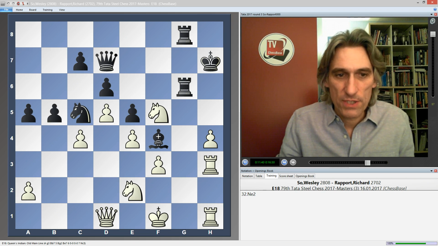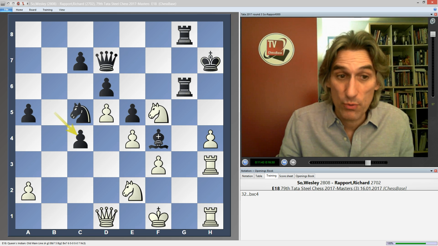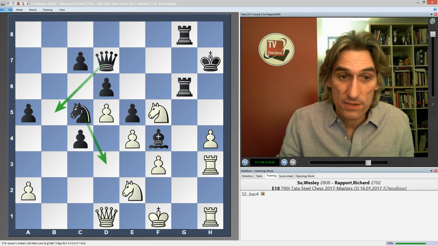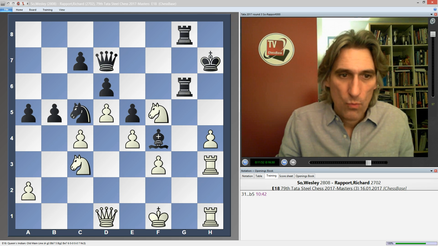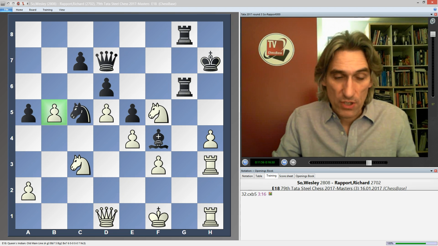What about bringing the knight back to e2 anyway? Well, you just take here, and that's a very pleasant pawn. The queen can come into the game. The knight will come into d3. Black stands very well. Wesley took the pawn with his own pawn,